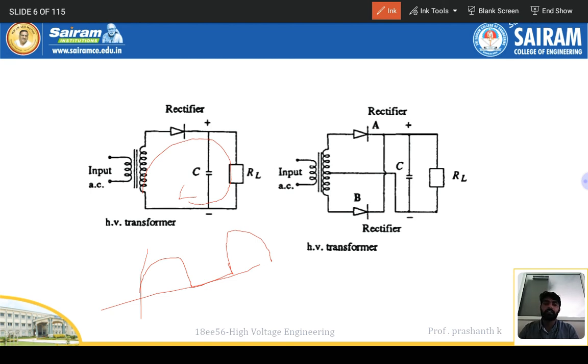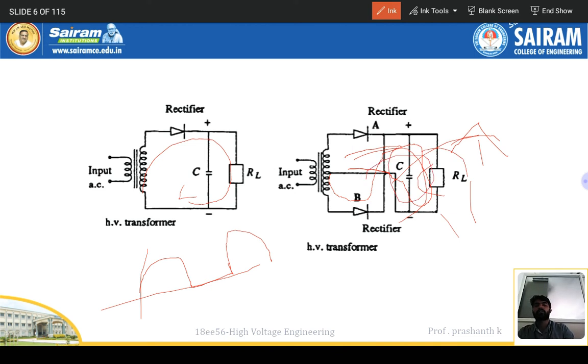And next there is a rectifier with a full wave. During the positive cycle, only this one will conduct, so it goes to here, and here. And in the negative cycle, what happens? Here to here, here to here, and here to here. So both cycles are conducted, giving the output across RL. This is the output, and this is a capacitor for filtering purpose, which reduces the pulsation, right? That is why we are using a capacitor over here.